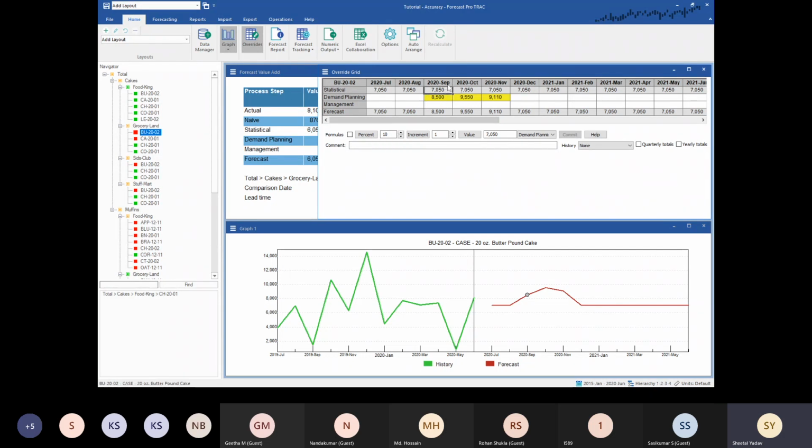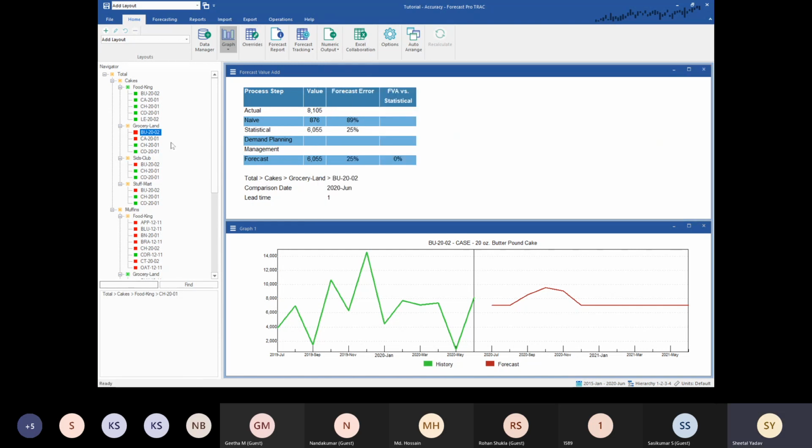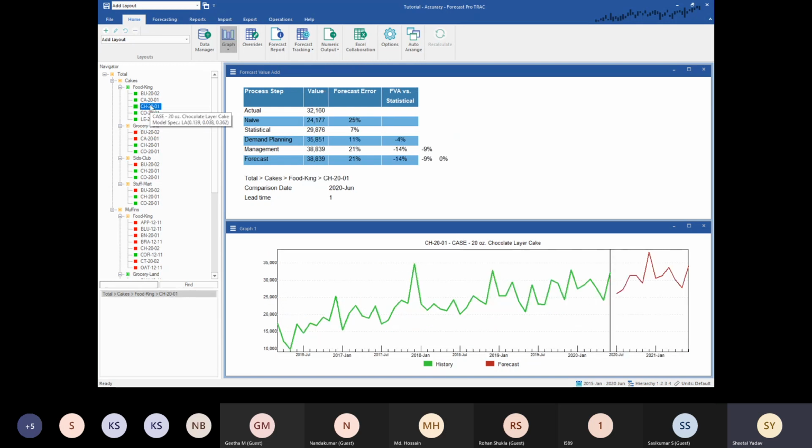So once we complete September, the system is going to allow you to calculate what's the stat number, the demand planning number, and the final forecast number, and what is the forecast error that we have, and how much value add the demand planners, the management, or the sales team had with respect to the sales number or any of the numbers. So ideally, when we look at a process, the process should move in such a fashion that it improves the overall accuracy. So in this case, my actual is 32,000. Let me first walk you through where you can find this report.